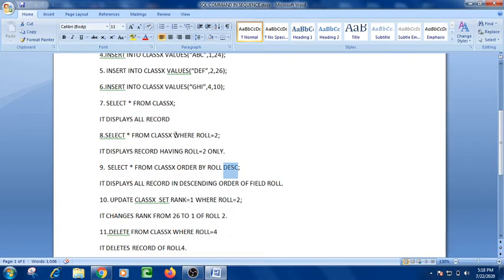And one more thing, we can use the where clause with the select command. This clause is used to give conditions to the table. It is just used for the query. Suppose that so many records are there in the table, but I have to see the records of roll number 2 only. Then I have to use the where clause, and with the where I will mention the condition there. Suppose: select star from class 10 where roll is equal to 2. What does it mean? It will display the records of the students whose roll number is 2.